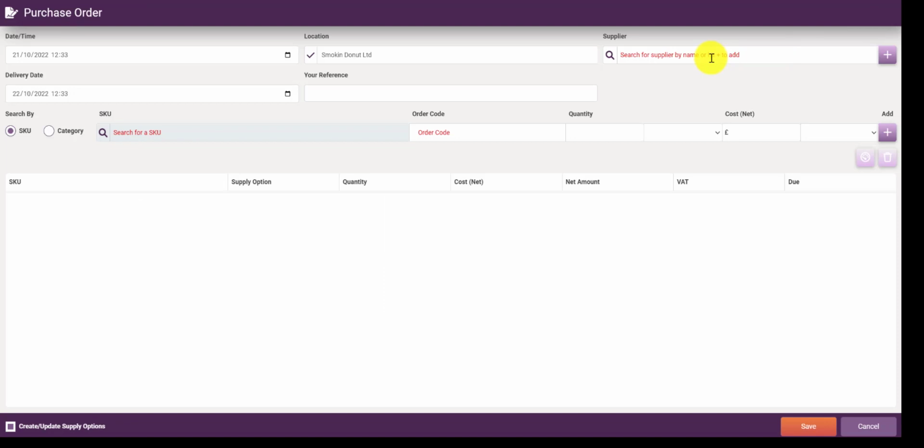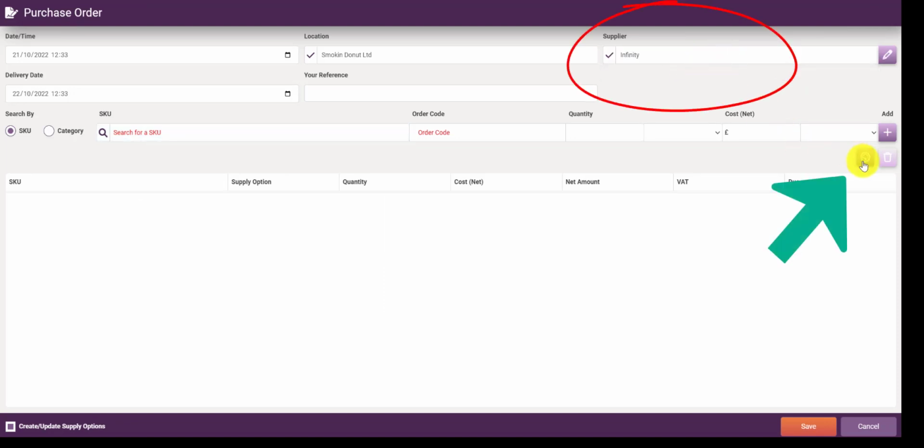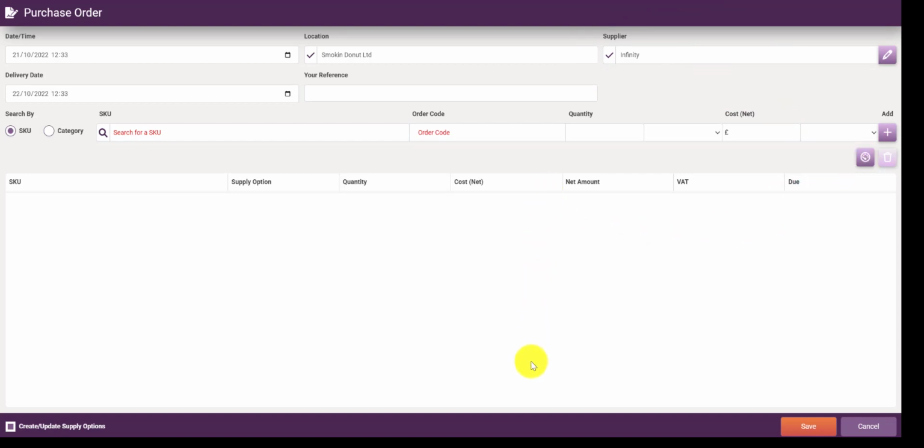You can search by supplier, and if you click on this little dashboard icon here, it will bring up everything that's getting low. I'm going to do it by SKU, stock controlled unit. You can also do it by category. I'm going to search for tea,